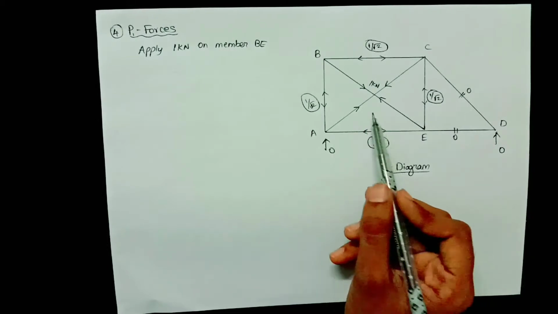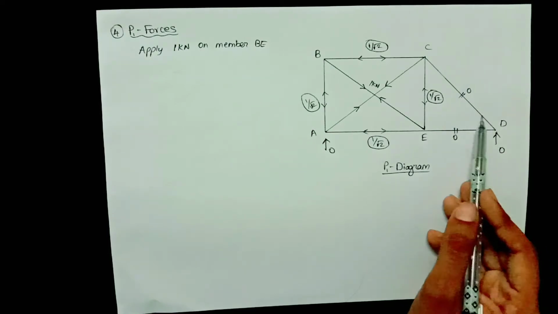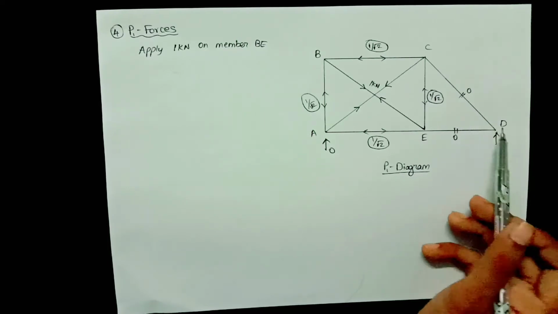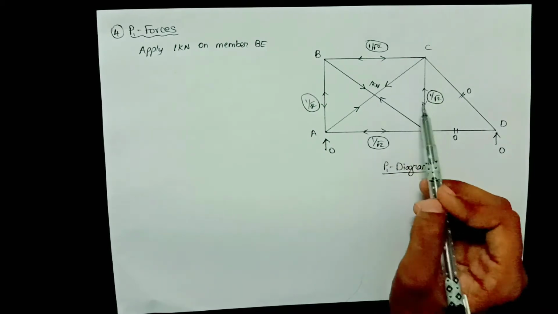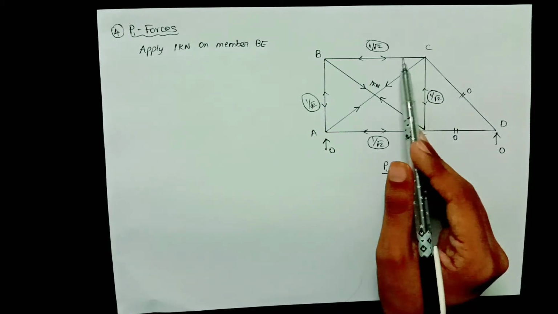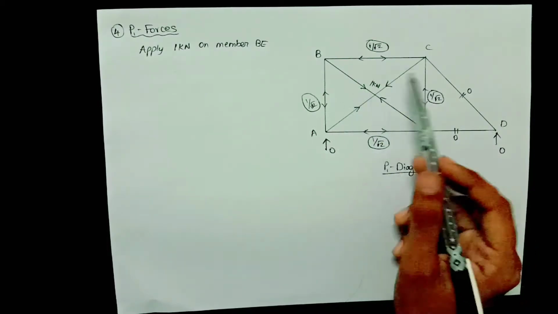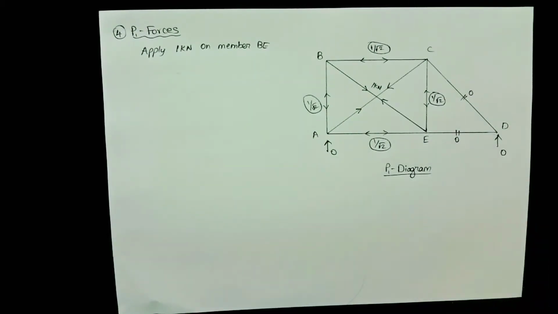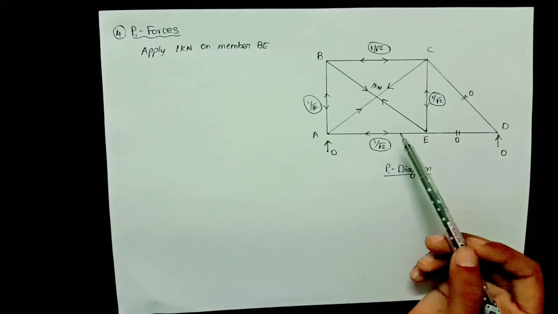If you want to calculate these values, start from joint D. Resolve this force in horizontal and vertical components and find out the forces in these two members. After joint D, take joint C. Again resolve these two members in the vertical direction and find out the force in member CE. And again resolve these two members in the horizontal direction and find out the force in BC. In a similar manner, take joints E, B and A, and you will get these forces. I'm not going to explain those calculations in this video, because I have explained how to calculate the member forces by using the method of joints in my previous videos.